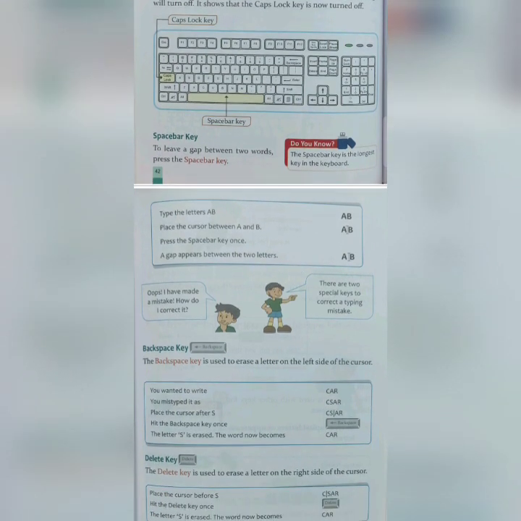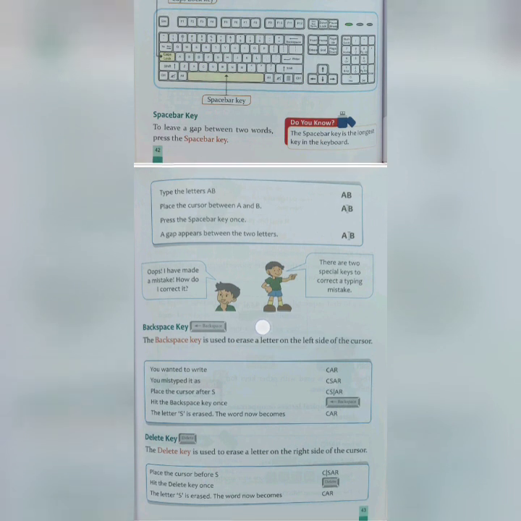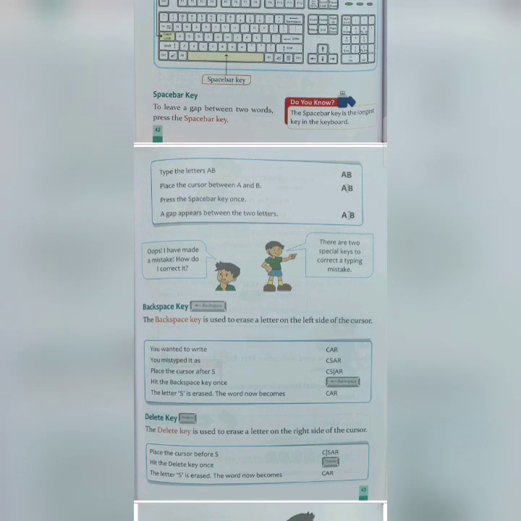Next comes the space bar key. To leave a gap between two words, press the space bar key. So basically when we are writing offline, in copies, we used to give some space and then write the other words, isn't it? In computers, they don't know this kind of thing. We have to give commands to them, then they will perform